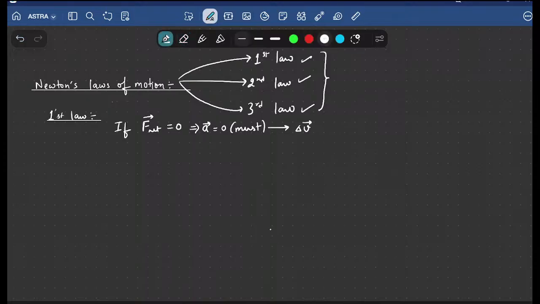Now, what is change in velocity vector? First of all, you should understand that velocity is a vector quantity since it consists of both magnitude as well as direction. And if the magnitude changes or direction changes or both change, in all these three cases, I mentioned three cases, first case,